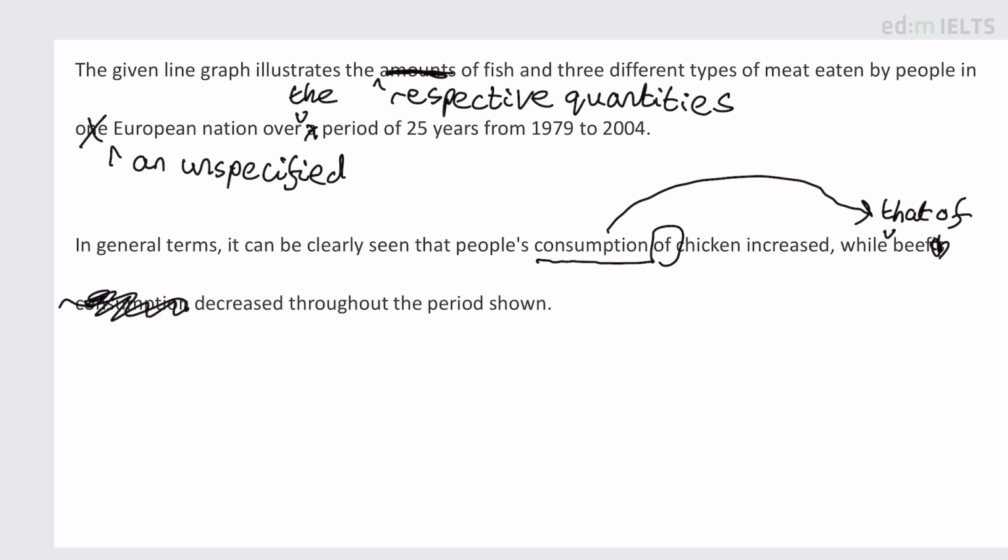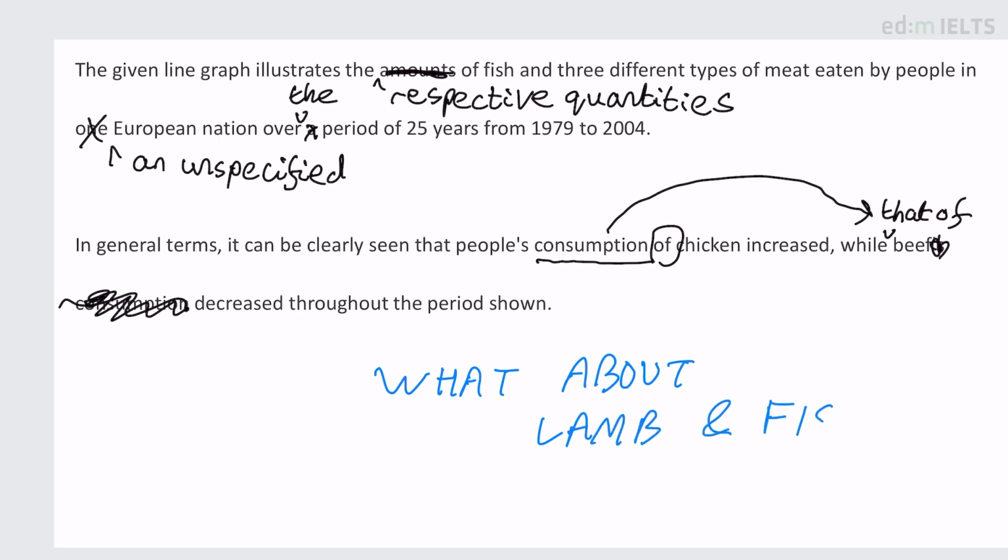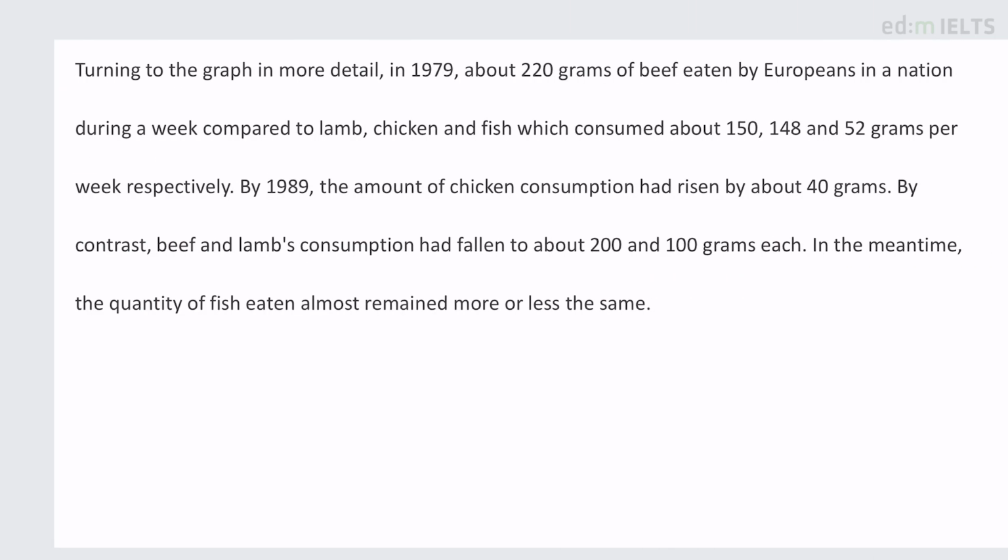So I would just write a comment. What about lamb and fish? There are only 4 things. It's easy to talk about them all. It's not like there are a huge number of things to talk about for this one. So moving on,